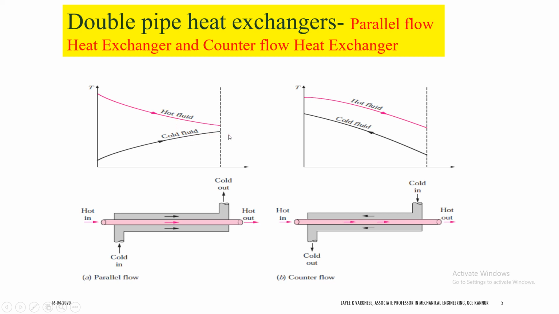So on the other hand, in the case of the counterflow heat exchanger, the direction of flow for hot fluid will be the same because it enters at a high temperature at its inlet. This is the inlet, and it leaves at a low temperature, and the cold fluid enters with the lowest temperature at the opposite end, that is the end at which the hot fluid leaves, and it is getting heated up and exits at a high temperature.